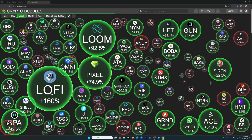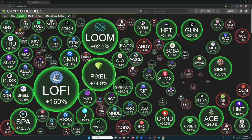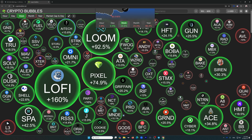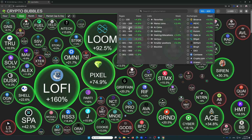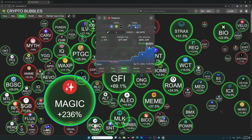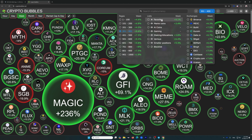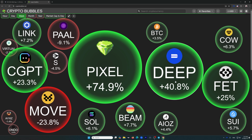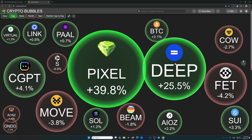Okay, so Lo-Fi over here just made this, and maybe Loom made this section, if you will, pretty high. We're actually holding AI Tech. Not sure why it's not in. It should be. Oh, it is. Okay, we have it in our portfolio. Sorry about that. And then if we go to the 300 to 400 here, yeah, Magic. I don't know what this is. Probably new. Took off like crazy, low liquidity. And that's the only reason they're outperforming. But if you look at our favorites right here, pretty big coins, pretty solid coins, and we're outperforming most of the market. Move not moving on the weekly for some strange reason, but yeah,